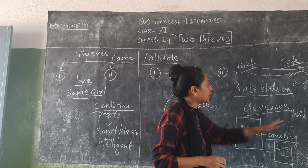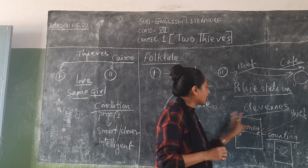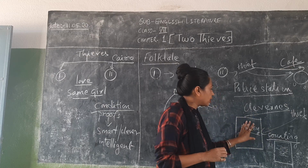In the morning when he gets up, whatever happened here, the counting of the money, the writing of the note,